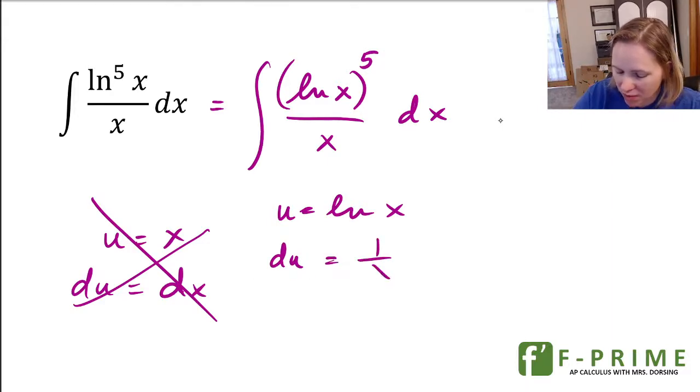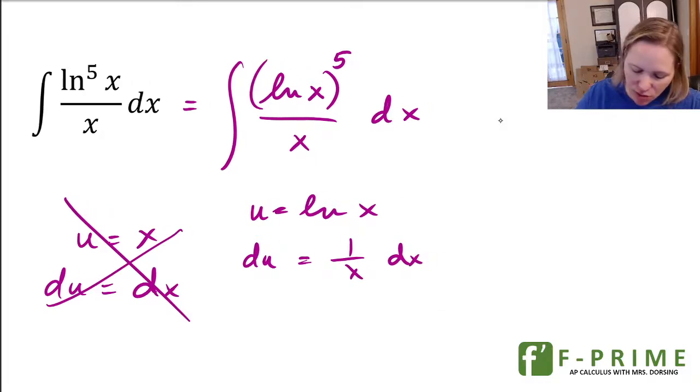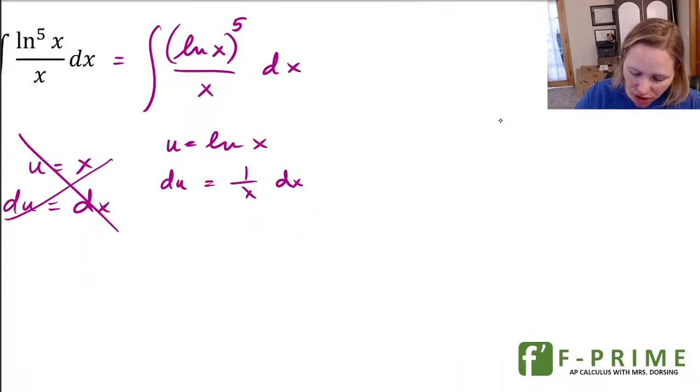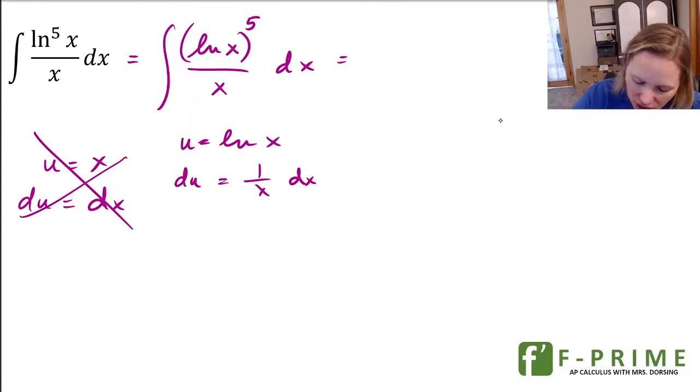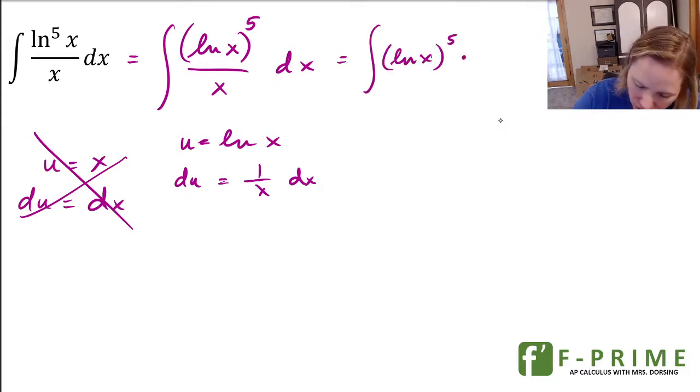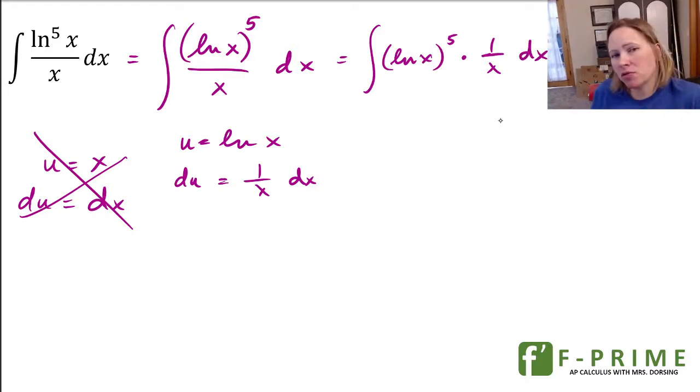du is 1 over x dx. Now remember, when you have a fraction, you can rewrite fractions like this. You can say this is the natural log of x to the 5th power times 1 over x. So you can separate your fractions like this. The denominator just becomes 1 over whatever the denominator is, and you can turn it into multiplication. It's multiplication by the reciprocal, another way to think about it. And this is helpful to me because